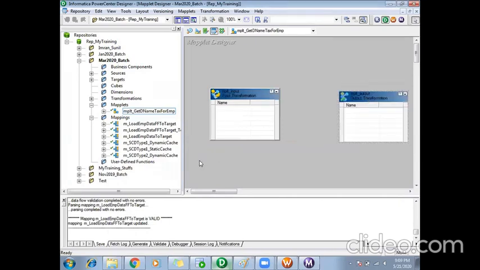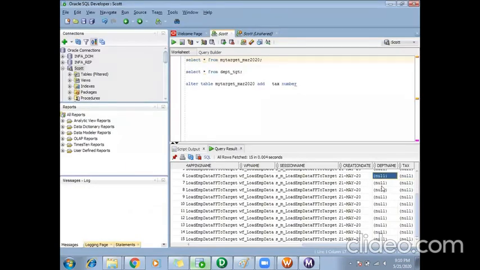Okay. So what ports can I add in my mapplet input? How can I identify what ports I need? What I want to achieve in this mapplet is to get the department name of the employee using the department number port, and using the salary port, I need to get the tax, right? So I can get the department name from the department number, and the tax from the salary. These will be my output ports, department name and tax.